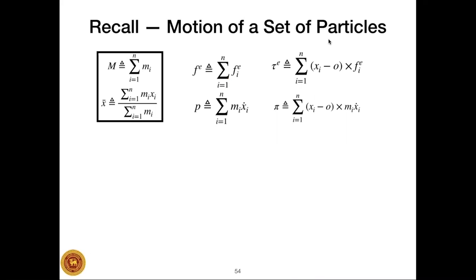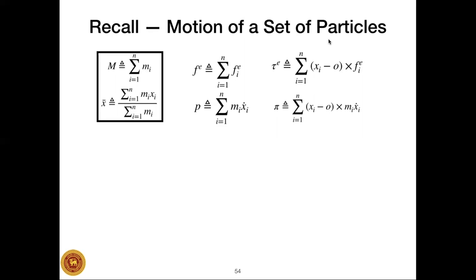And in this lecture, I will be concentrating on describing the motion of a rigid body. In a previous lecture, we saw how to describe the motion of a collection of particles, a set of particles. So we have a set of particles that we are interested in. These particles are interacting with each other as well as the rest of the particles